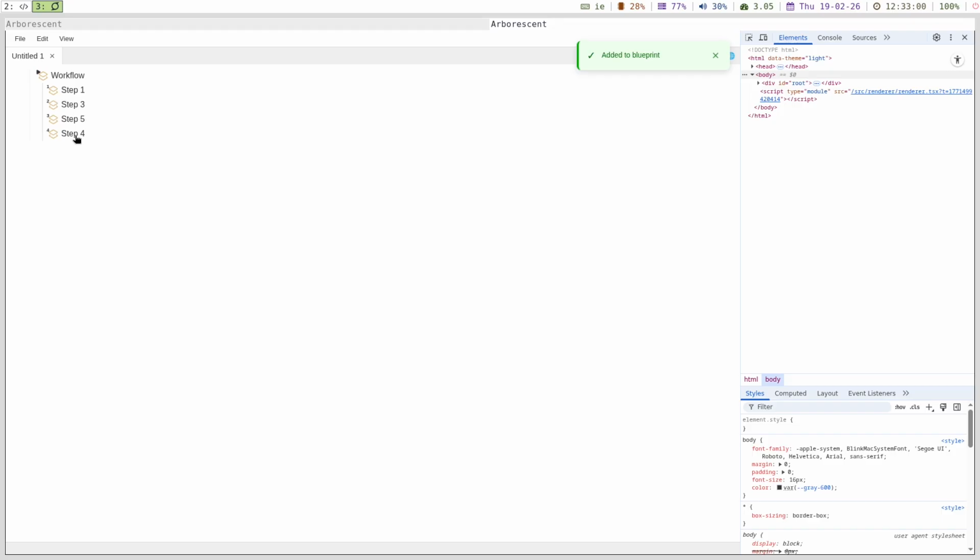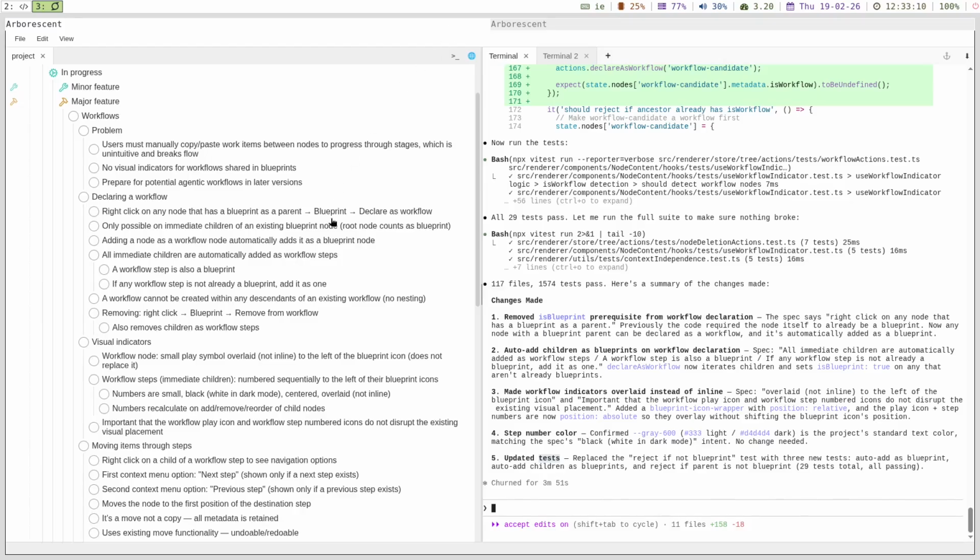And if we change the order, it does update the order here. So there's only a couple of things there that we need to add. And I think what we're going to do is we're just going to tell it here, and we're going to update manually in the spec because it's only a couple of small things. So